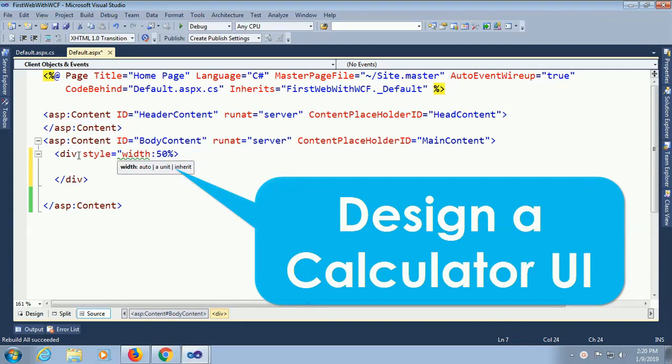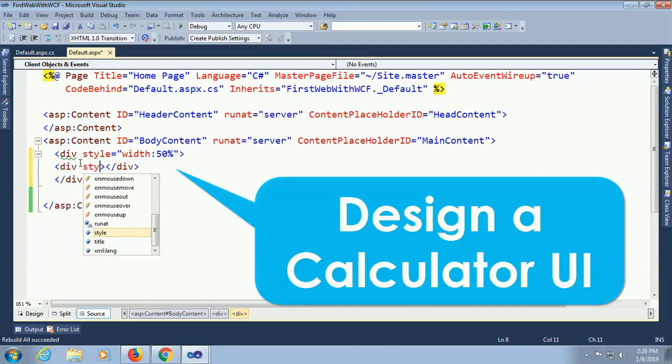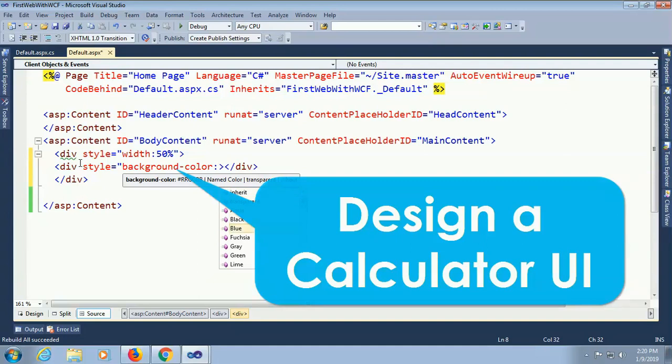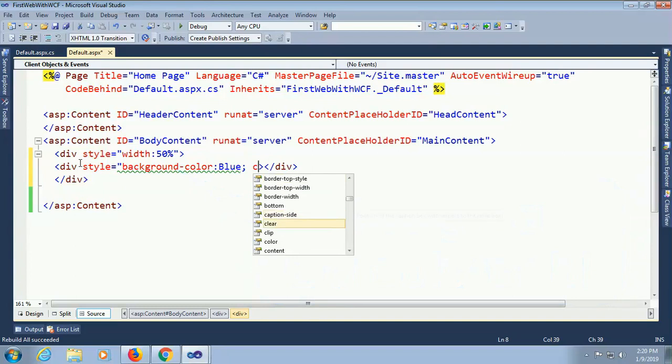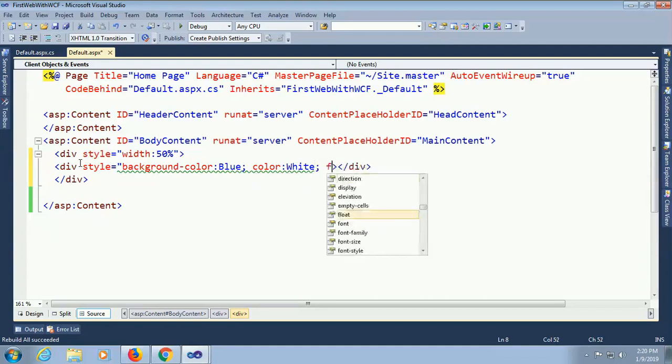In that case, to make the calculator look attractive, I just added a div also, with div style width 50%, because I don't have more controls, only two, three, four controls. That's why. Okay. Now div style width equal to 50% and style equal to background color. The background color of the second div is blue. This is the header div, and color white. I mean text color white,